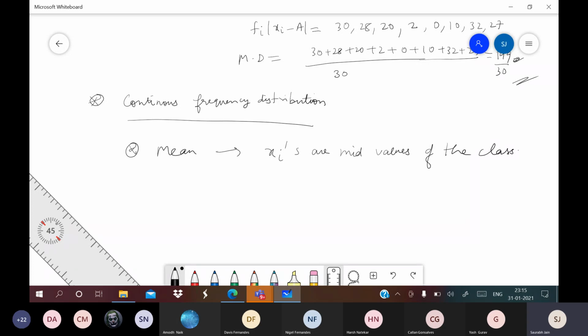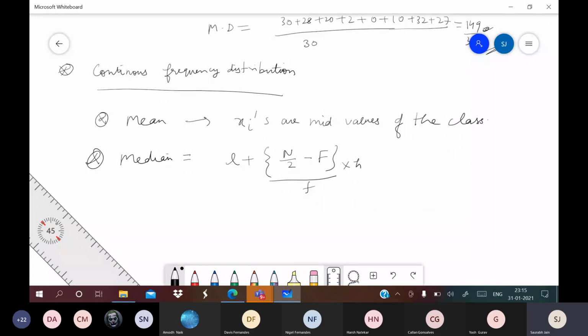If you can remember this line, you will be able to find mean very easily, because then it will go back to the previous term. And for median, we have one formula which is L plus (n by 2 minus F) upon small f into h. I hope you remember it now.